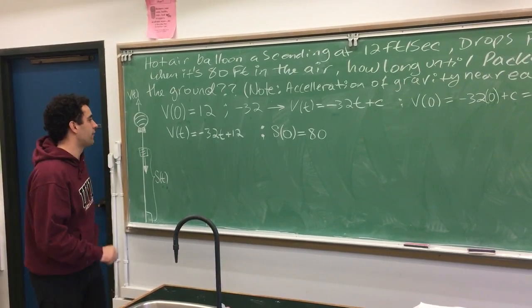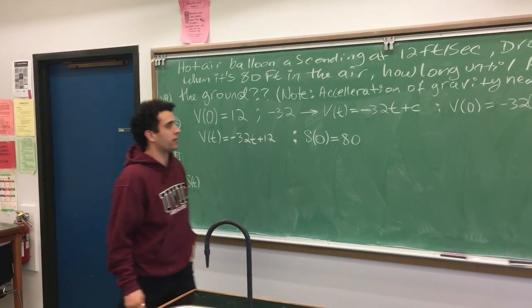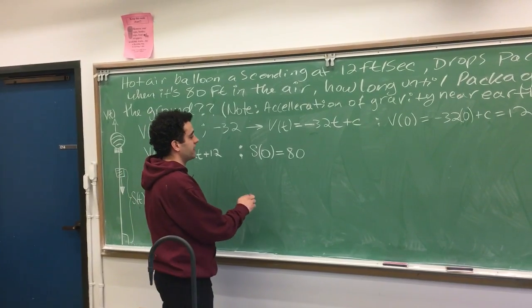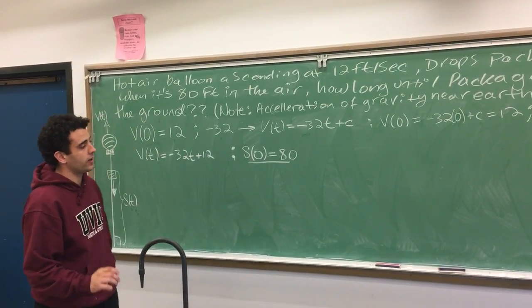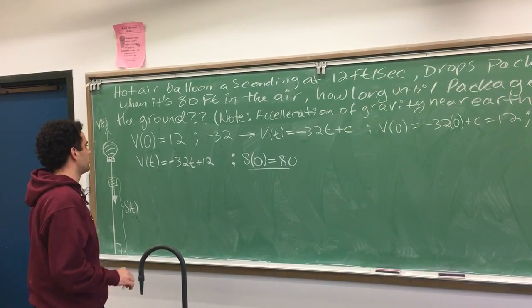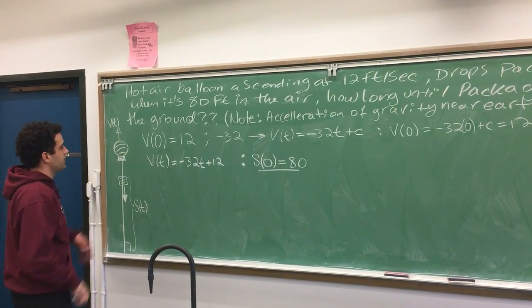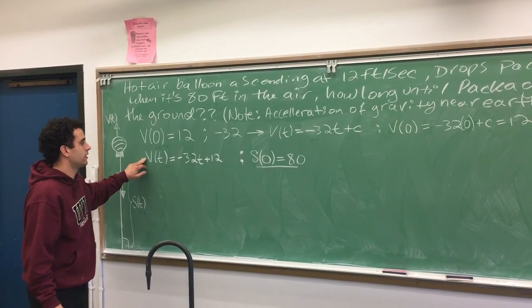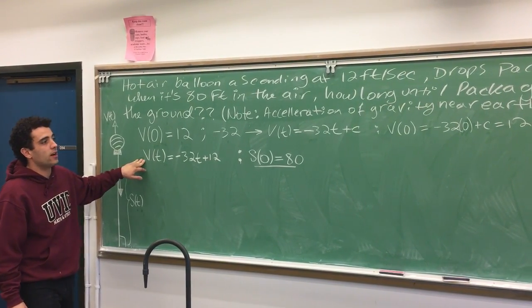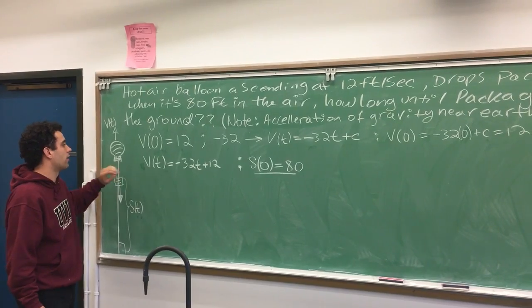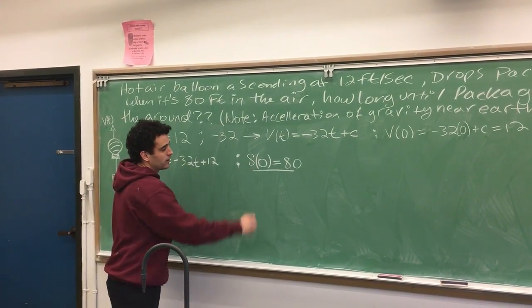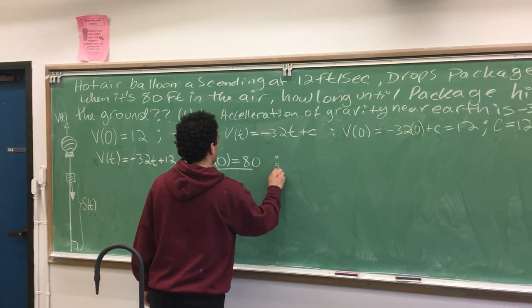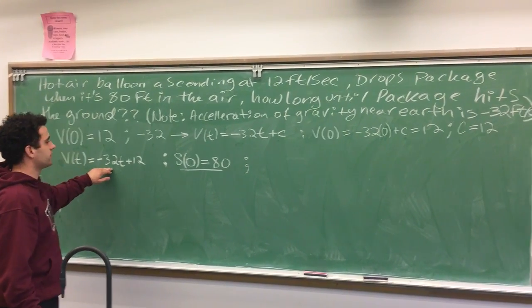Now we need a function s that we're going to find and solve for c using this initial value. And then we're going to have our equation for height. So what we can do is integrate velocity. And by integrating velocity, we're going to have our equation for position, which we've denoted as s. So, integrating this, we get